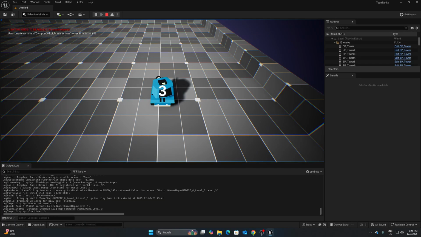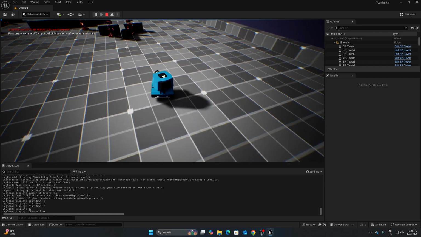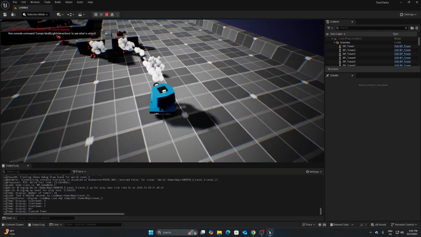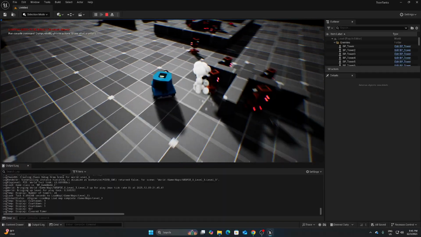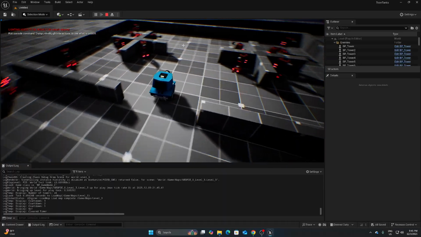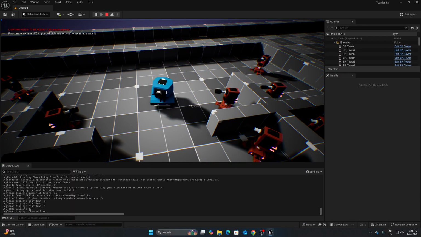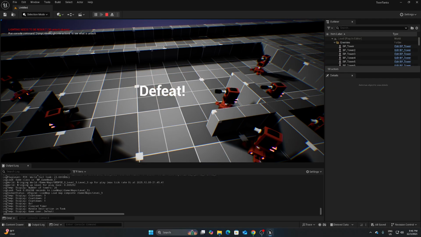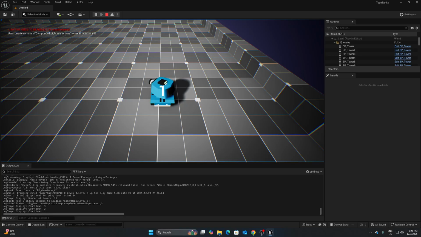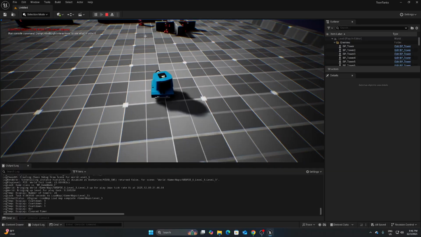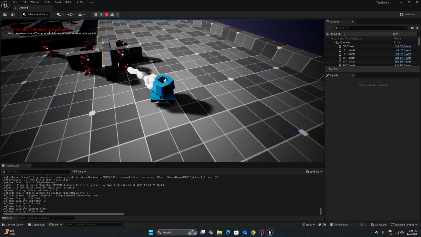And I didn't do a lot with level design. The actual instructors did a little bit more with it. Some of the other students posted some interesting level designs that I think went further than mine. But you can see I threw together this little fortress. And in a second, they're going to blow me up. And it says defeat. And it'll just reset us back to the beginning of that level. It doesn't reset us back to level 1, although you could do that if you wanted to be mean to your players.